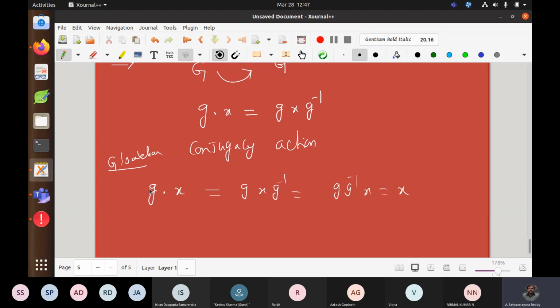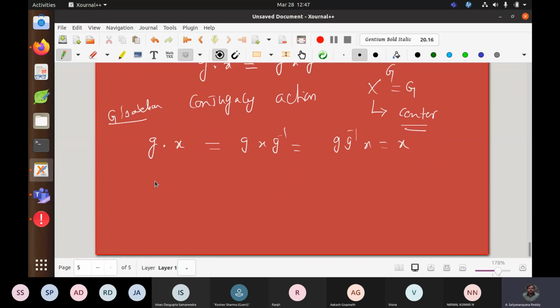So every element is acting trivially, that trivial action which we thought of earlier, right? So each orbit has a single element, and every element is fixed. So X^G is now the whole of G when G is abelian. That is exactly the center. You remember in this particular case, X^G and the center are the same. And the stabilizer is